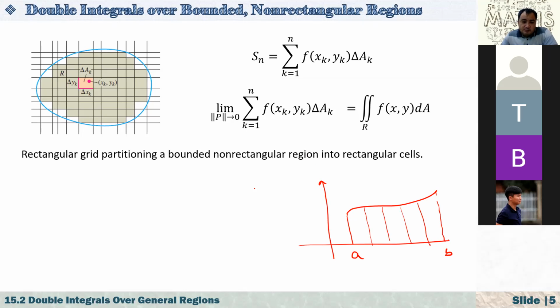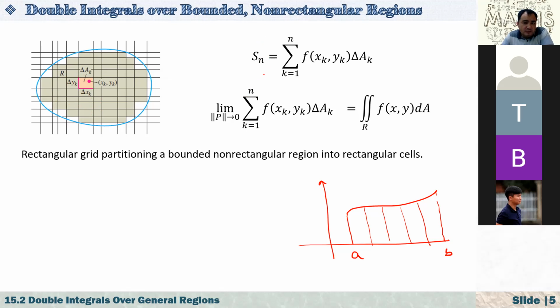In a similar way, suppose that now we are given a general region bounded by some kind of curve, as you see in the picture by the blue line. We partition this region into smaller grids by drawing many horizontal and vertical lines. This forms many small rectangles inside the region. Some at the corners may not be rectangles, but we consider all the rectangles inside this region, and after that we form our Riemann sum.